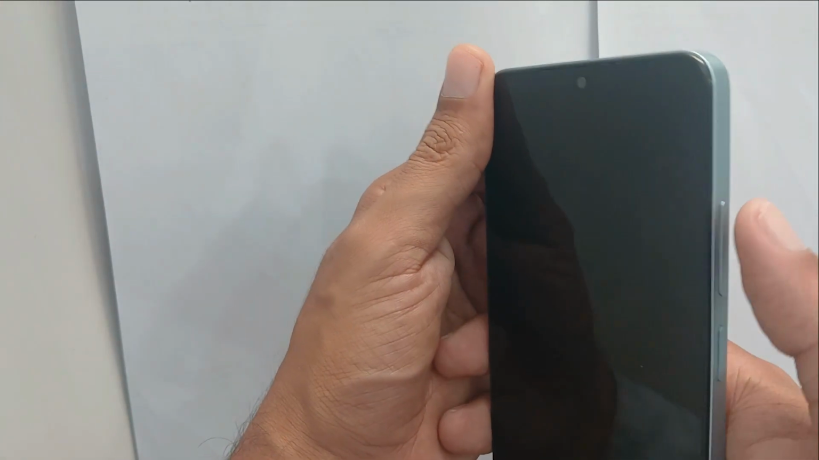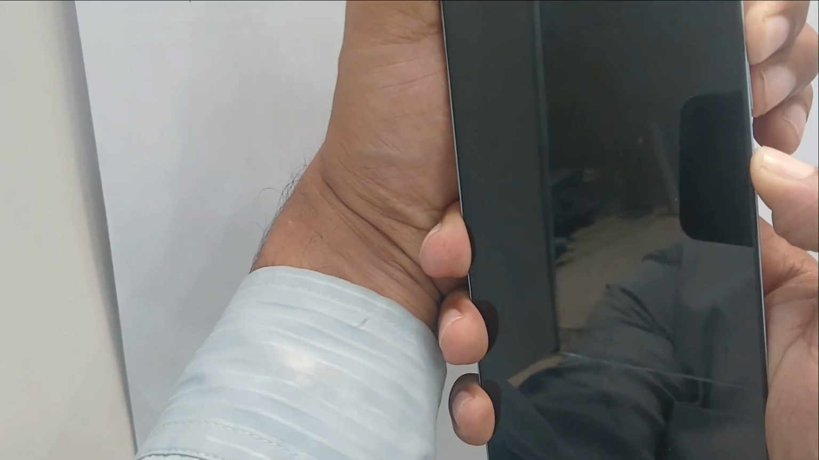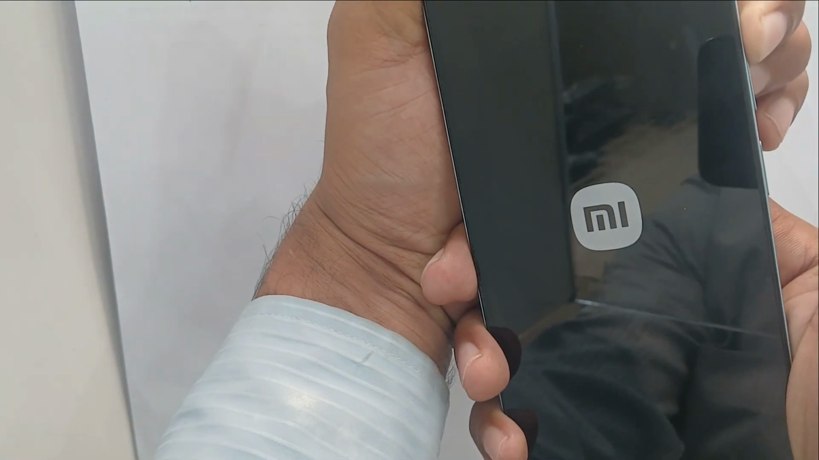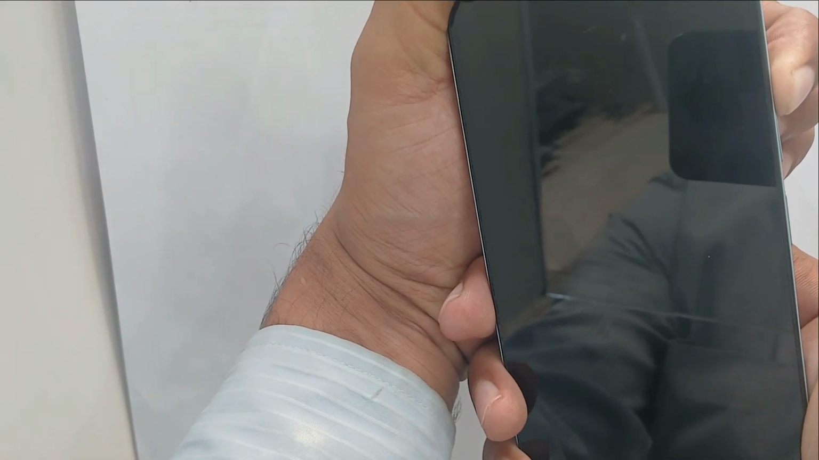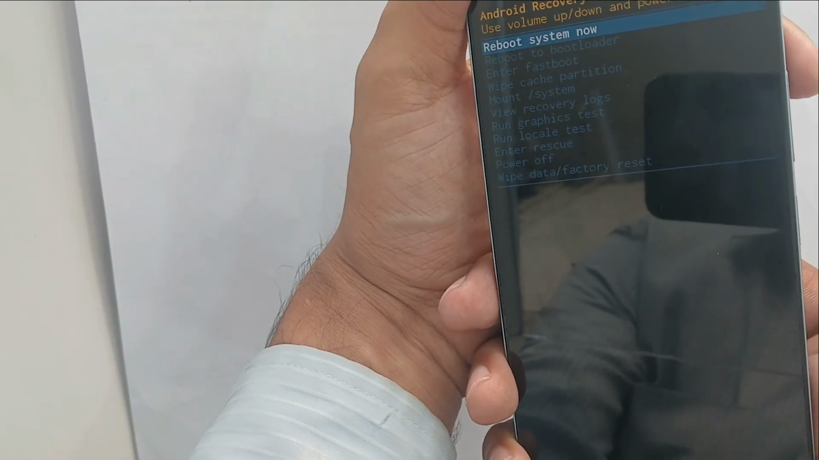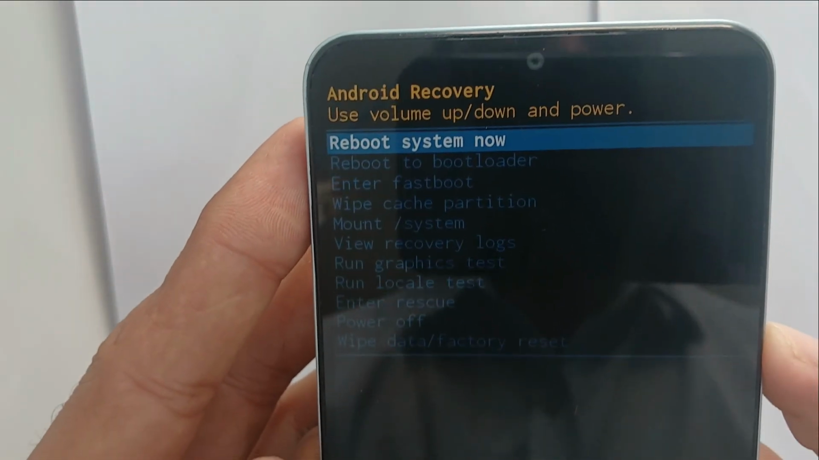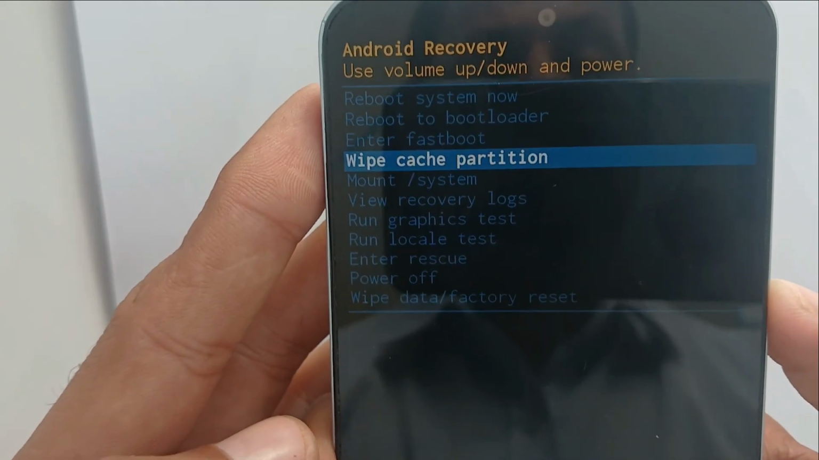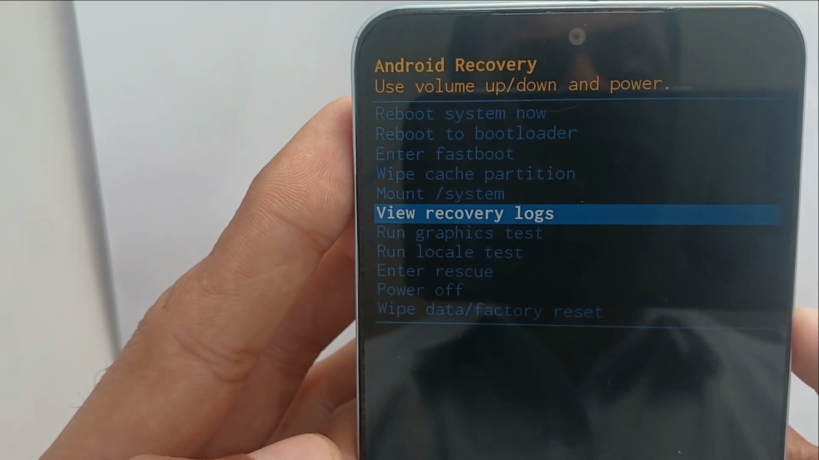So after powering off, first of all you need to press the power button and then the volume up button, and if you press both buttons, after that whenever you see the logo, simply release the power button and keep pressing the volume up button, and then you will see here, now